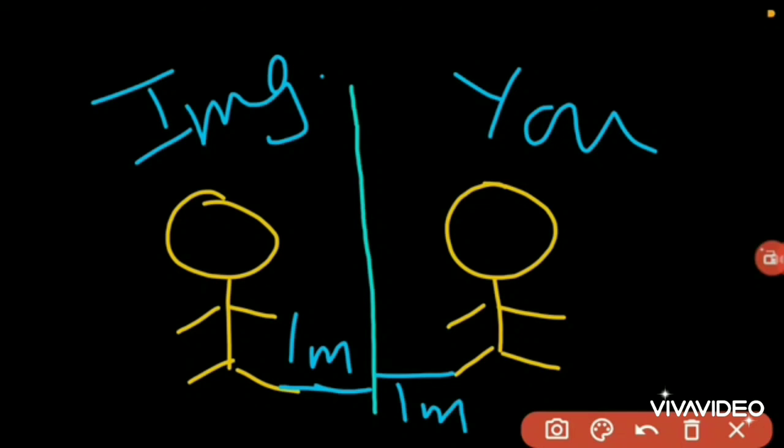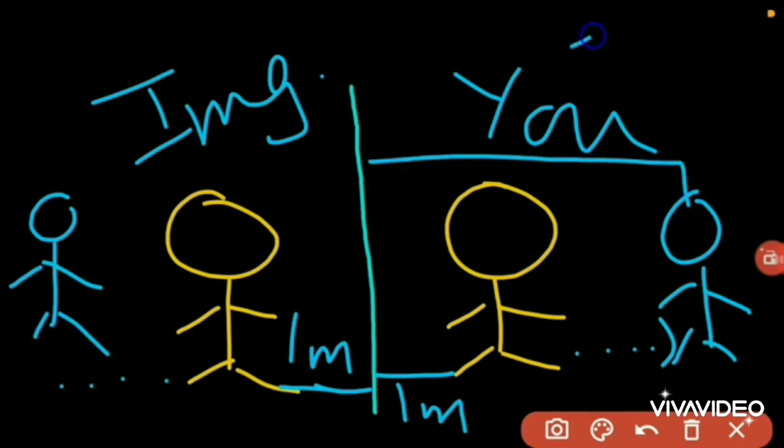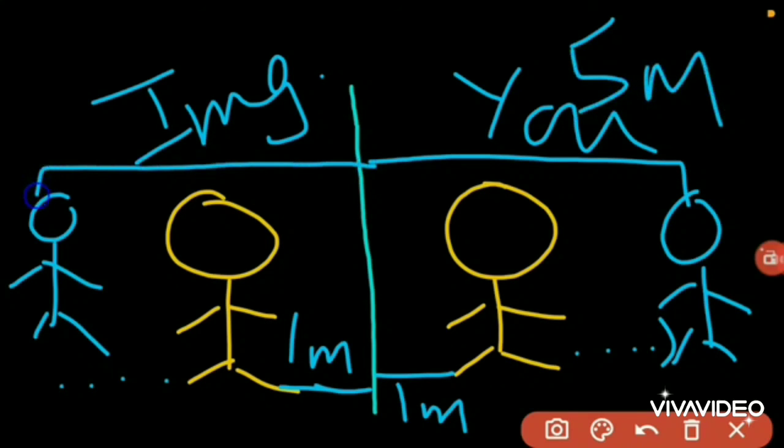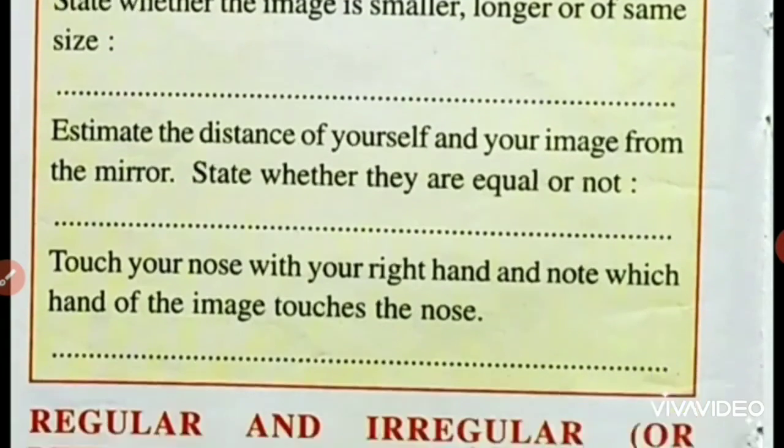Now suppose I increase your distance from the mirror. Obviously the image will shift as much as your distance increases. And suppose you have increased your distance from the mirror to 5 meters, so the image will also be formed 5 meters away from the mirror. Okay, so I hope you have clearly understood what the